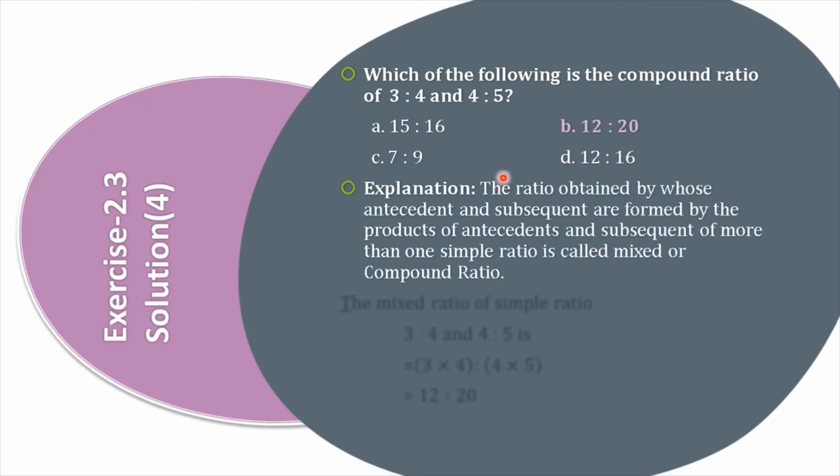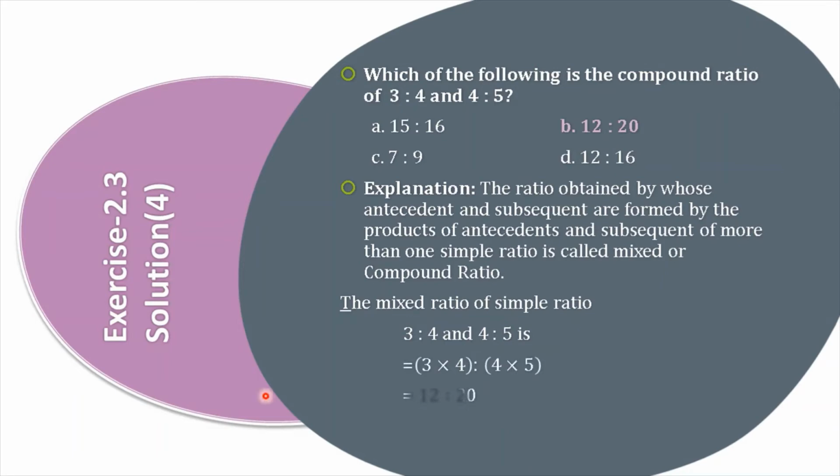This is the explanation. The ratio obtained by whose antecedent and subsequent are formed by the products of antecedents and subsequent of more than one simple ratio is called mixed or compound ratio. That is the definition of mixed or compound ratio. As you can see, we have to find out this mixed ratio of simple ratio, that 3:4 and 4:5 is